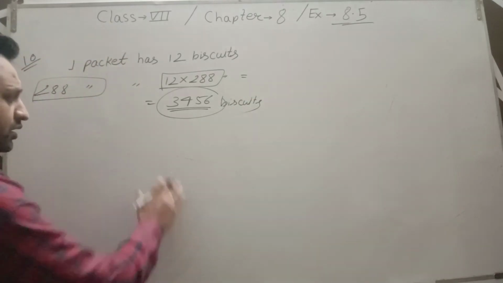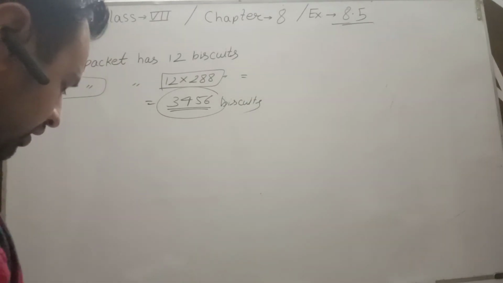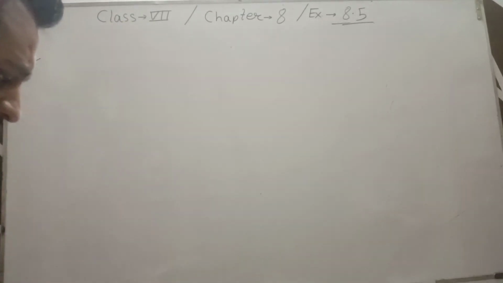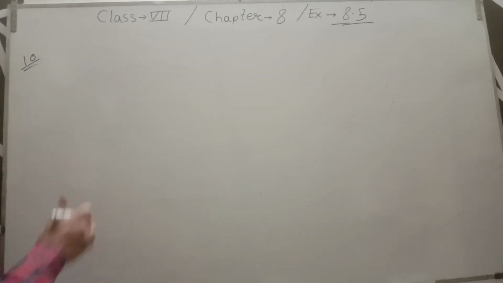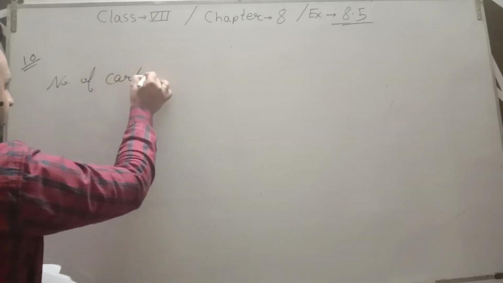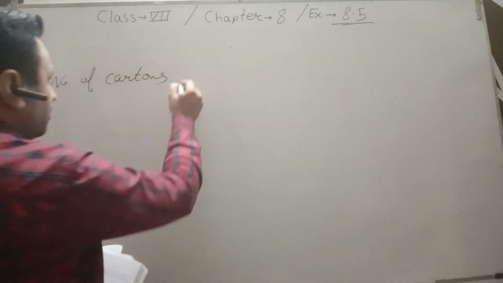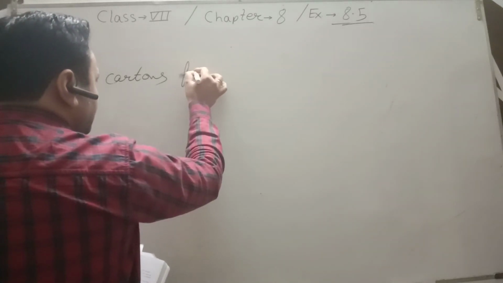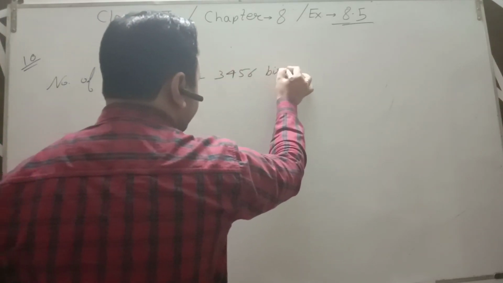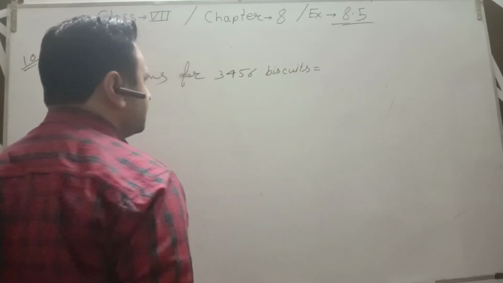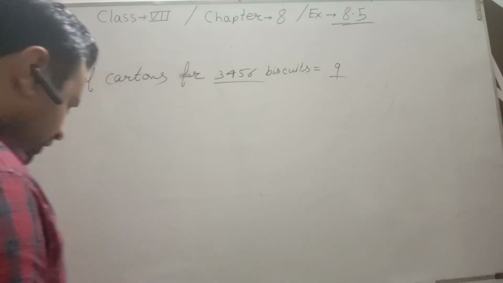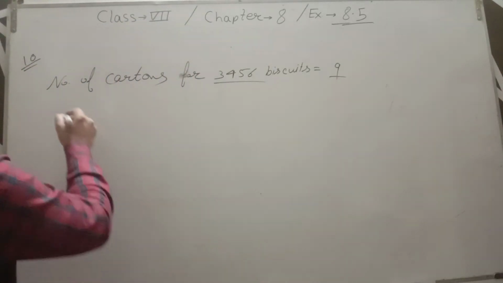कंटेन करती है। नाउ इट इज गिवन दैट अगर हमें 288 पैकेट्स को पैक करना है तो कितने कार्टन्स चाहिए? 9 कार्टन्स। तो द स्टेटमेंट इज नंबर ऑफ कार्टन्स for 3456 बिस्कुट्स इज इक्वल टू 9। इतने बिस्कुट के लिए हमें 9 कार्टन्स की जरूरत है एंड वी हैव टू पैक 1920 बिस्कुट्स।